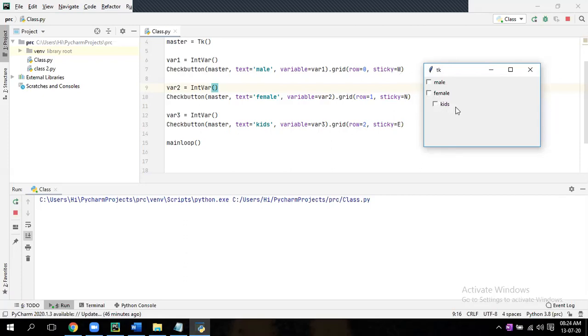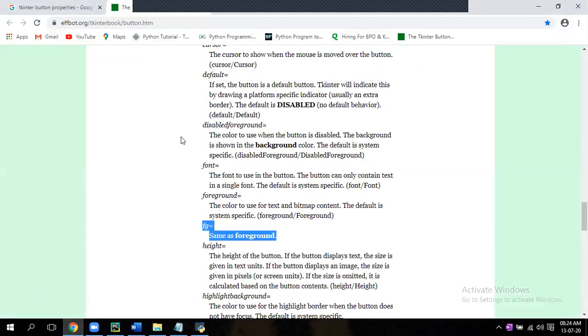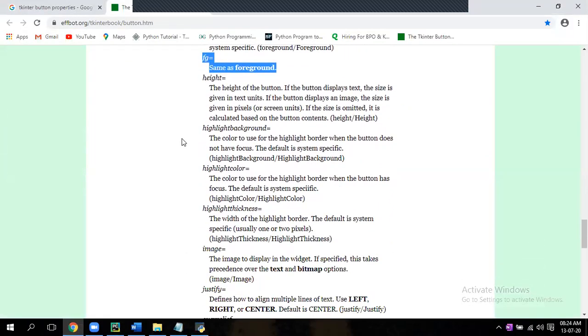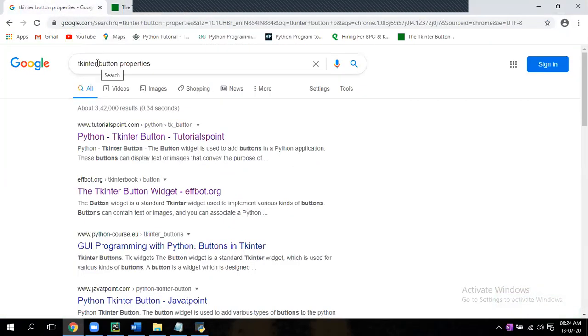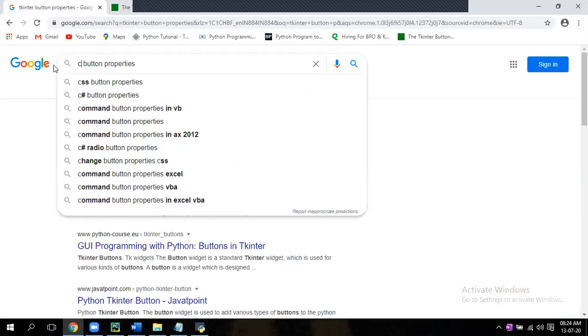Okay, go to this one, your Google again, check button properties in Tkinter. You will find so many properties. No, this is for button only. Type again, instead of button, check button.